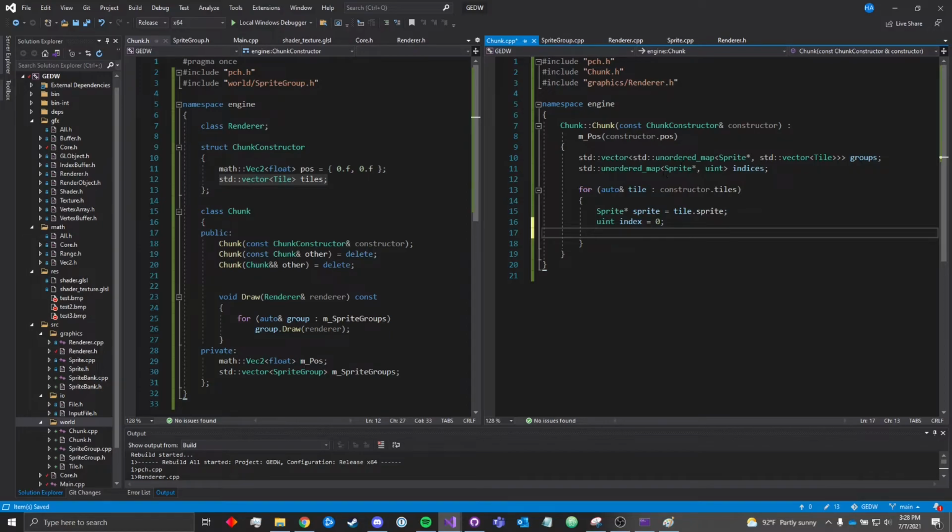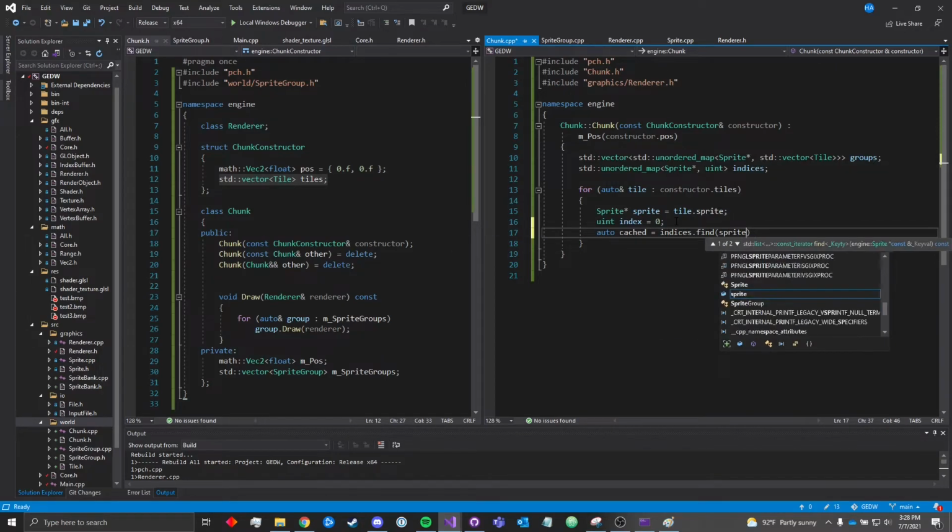So instead, we will just cache. We'll have this separate unordered map of sprite pointers to a uint. So we'll map sprite pointers, the things that the tiles use to draw themselves, to the index of the unordered map that contains that sprite within our vector here. So we'll check if we have that first of all. So if indices.find sprite,